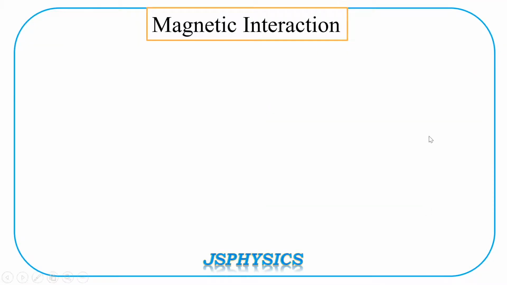Another type of interaction is magnetic interaction. So let us perform a small experiment for that. This is a current carrying conductor. The value of the current through this conductor is I and it is moving in the upward direction. Let us take one charge Q at a certain distance R from the conductor. This charge is not moving. That means its speed is zero, velocity is zero. What happens on this particular charge? Whether it will experience a force or not? We can find out that, and our result is there is no force acting on the charge q.